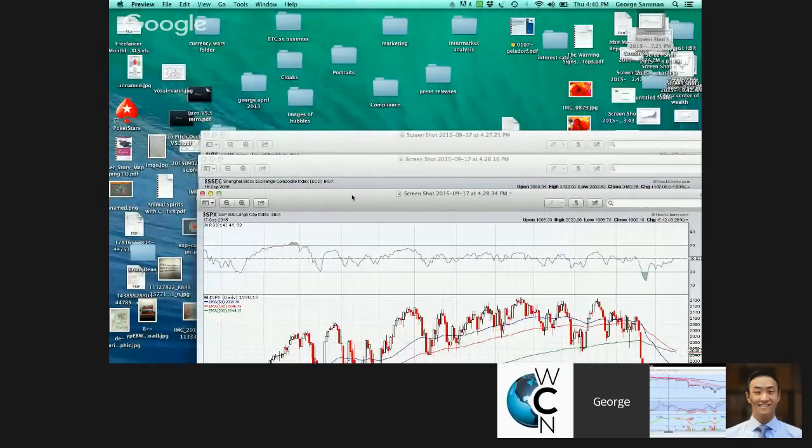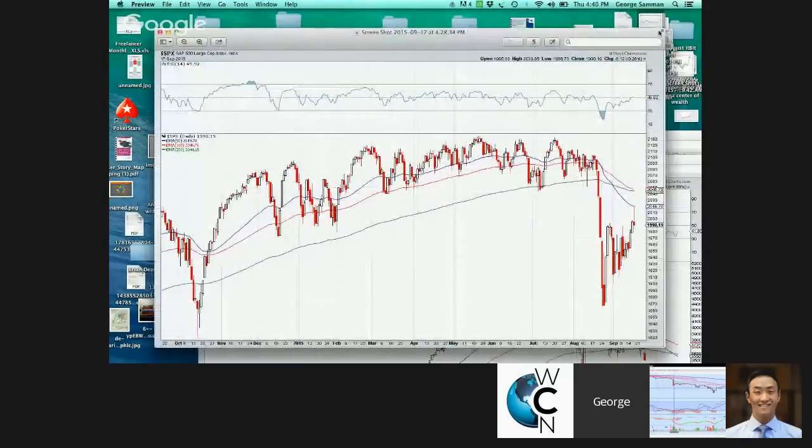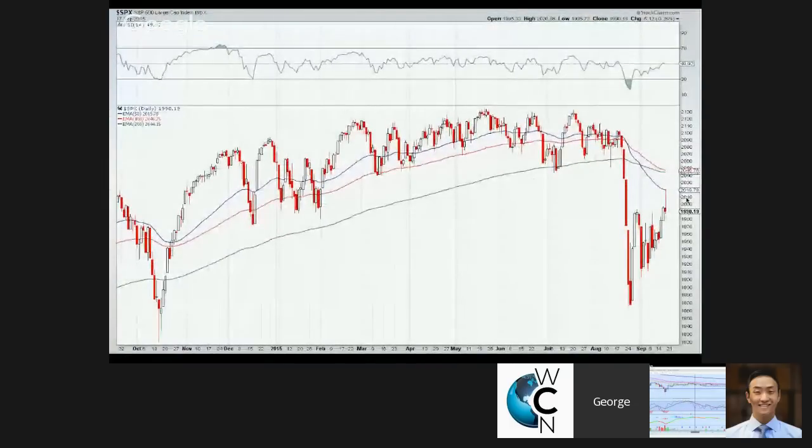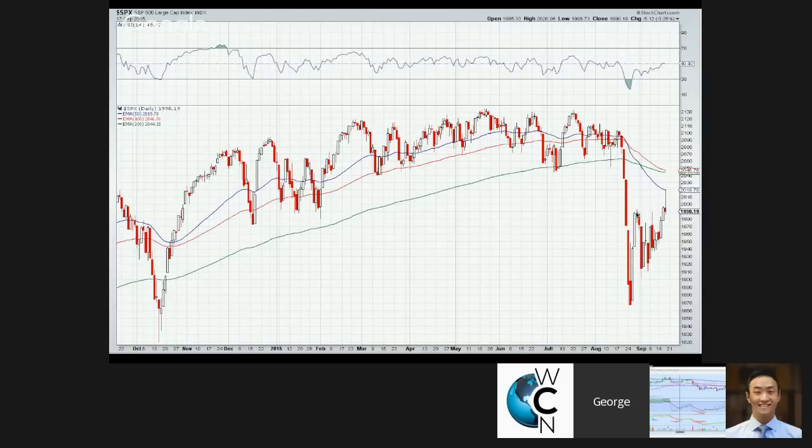Another thing I look at is the S&P. How did that act today? Well, you got this really weird candle going into support here at the 50-day moving average. Came back down all the way right into this 1990 level, which is kind of a good support level now after the last move we've had from the bottom. Came all the way back up here, fell back down there, and then now it's back around 1990.